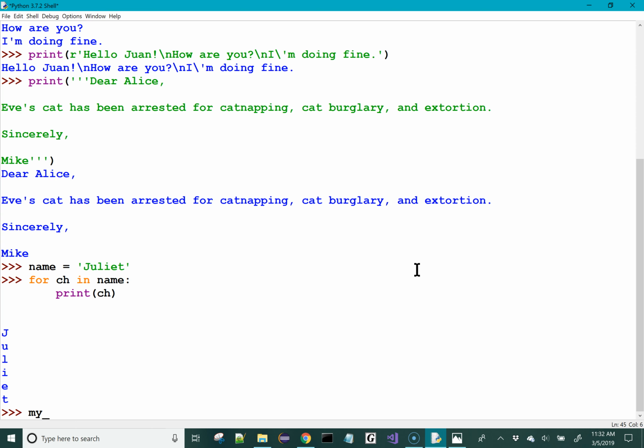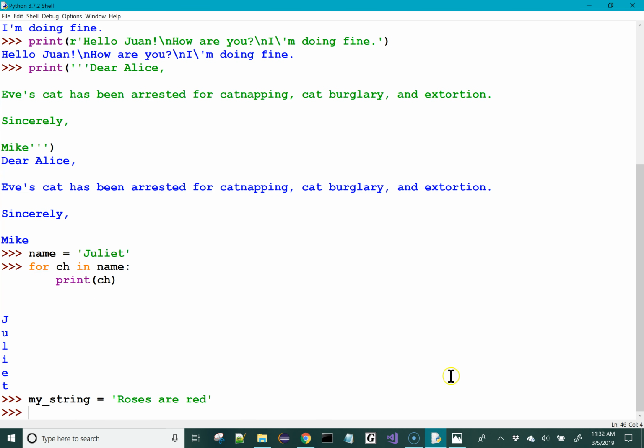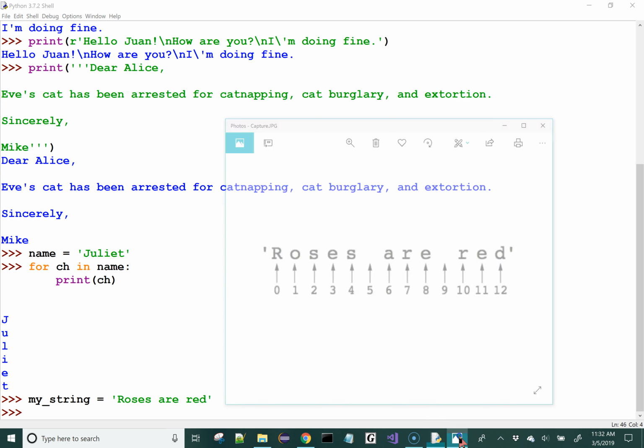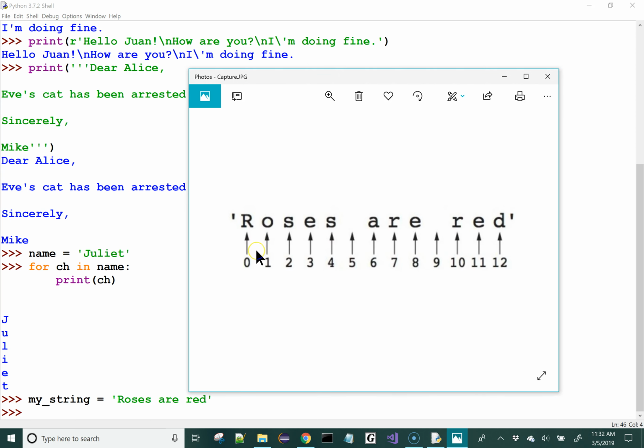So let me just go ahead and set my string equal to roses are red. Hit enter. So if we look at how that string is indexed, the capital R in roses is at position 0, the O is at position 1, S is at position 2, so on and so forth. The length of our string is 13 characters, so the position of the last character in the string is at